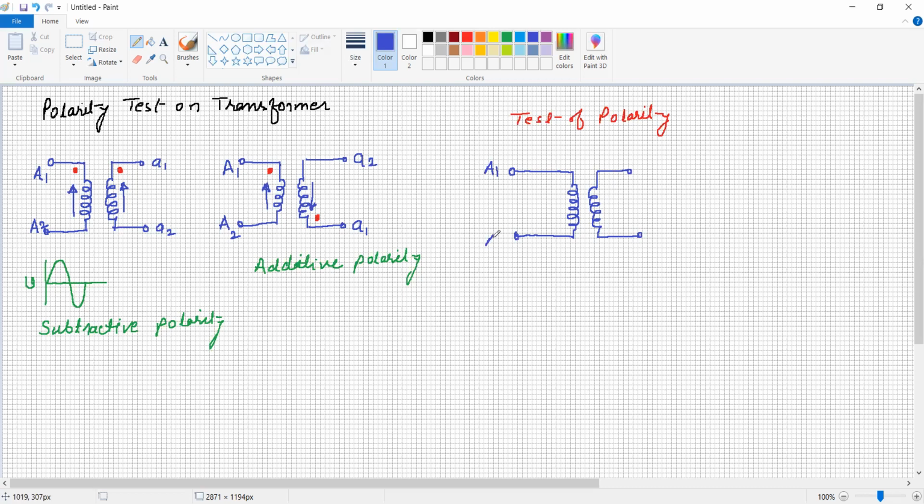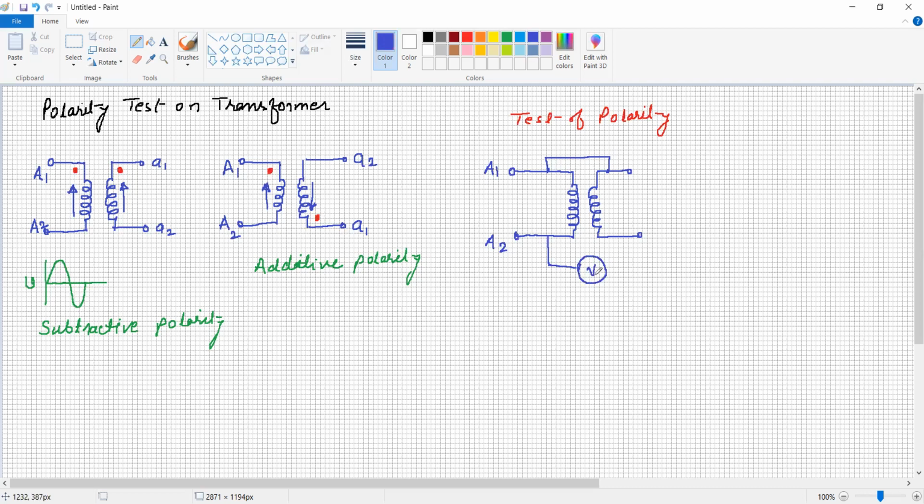We know the identified terminals A1, A2, but we have to identify which is the small a1 and a2. Capital A1 and A2 is the primary winding. Connect a link at one terminal, either this side or this side. Say we connect the terminals, short-circuiting the primary winding to the secondary winding, and in the second terminal we connect a voltmeter,